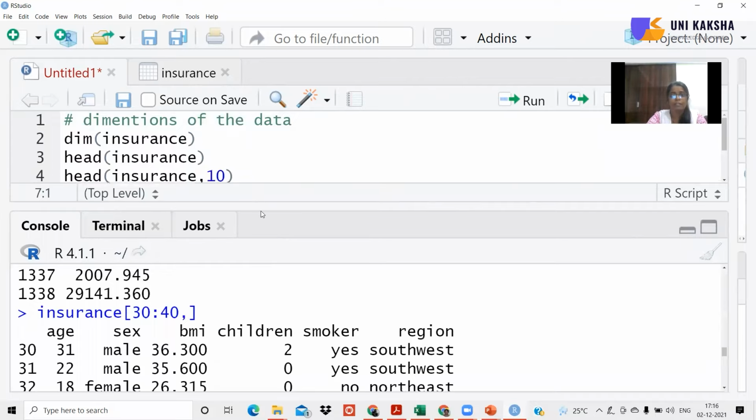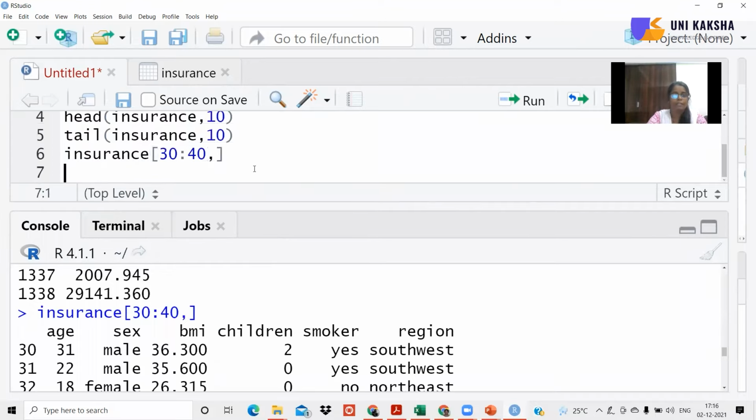If you want to extract certain columns, then in that case, you can simply write like this, say insurance. Here, I want, suppose, the rows from 30 to 40. Why I'm not writing all the rows on the console? Because it will unnecessarily flood the console. And here, suppose I want to fetch certain columns, say age, and I want another column, smoker. Then I'll simply write the names of these columns. Instead of names, you can specify their index.